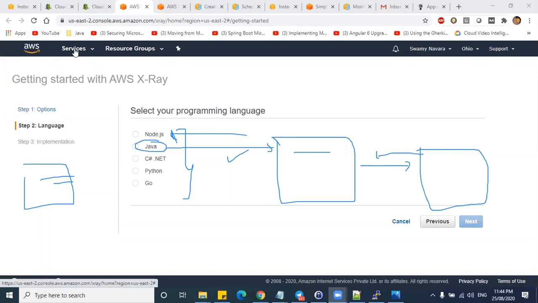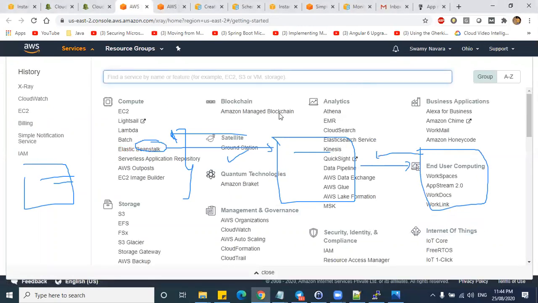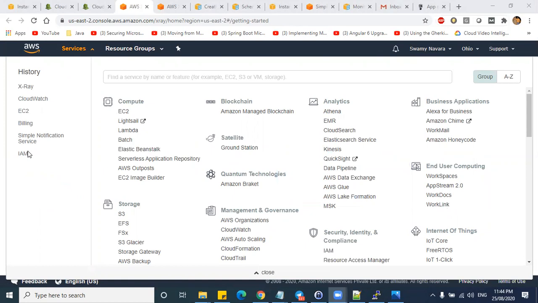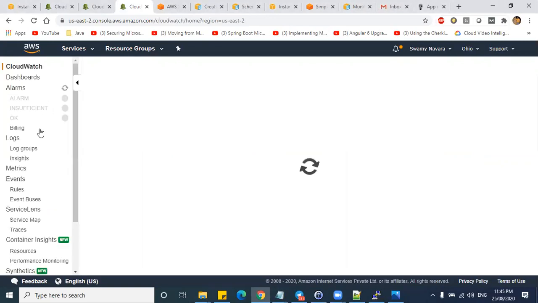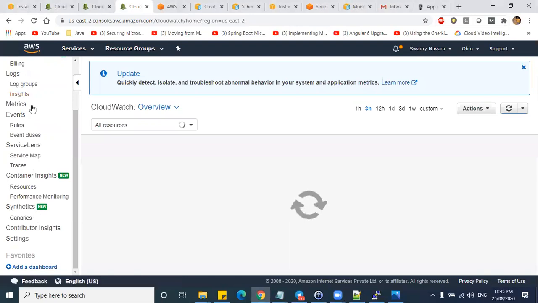We provided these traces to the customer, and the customer figured out where exactly he needed to improve the code to provide a better user experience. So that's all about ServiceLens. We completed CloudWatch. Any questions in CloudWatch here?